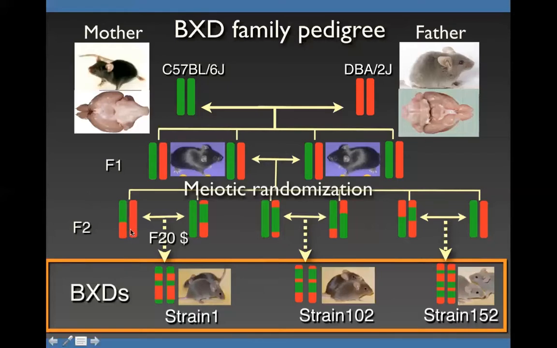The problem is every animal here is genetically unique. So that means you can't do highly effective gene by environmental interaction studies because you can't put the same genome in multiple environments. You can't easily do a gene by development study on a particular genotype, again, because every animal is genetically unique. So the simple trick here is to throw a male and a female F2 in a cage and inbreed their progeny for 20 generations. And you end up with a new inbred strain of mouse.